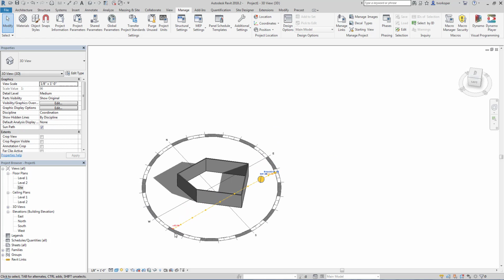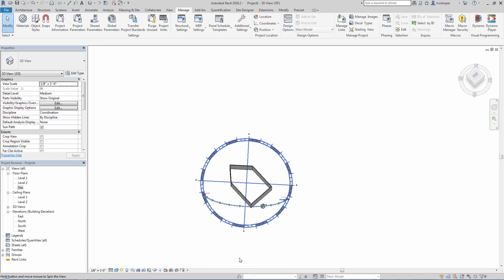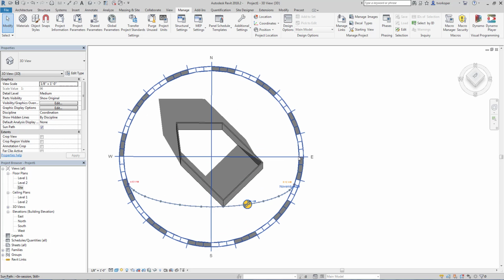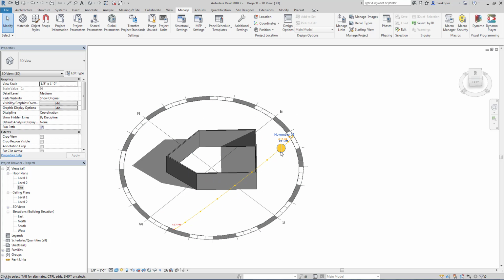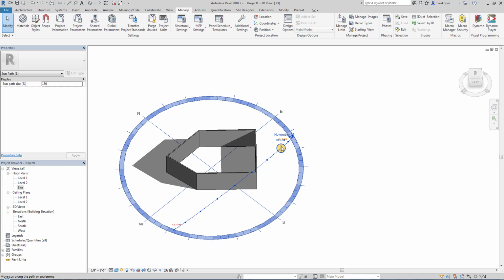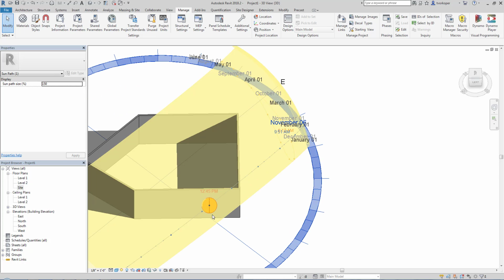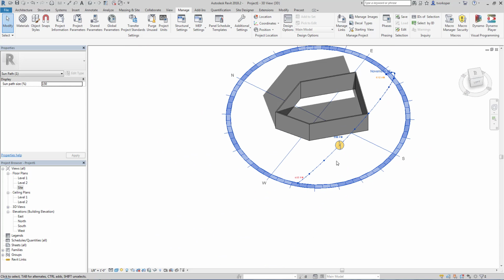So this shows you on November 6th, it can show you where the sun path will be. Show you how far south of east the sun will rise and set. And then you can grab this sun and drag it through. And change the shadows as it works its way around. And as you change the date,